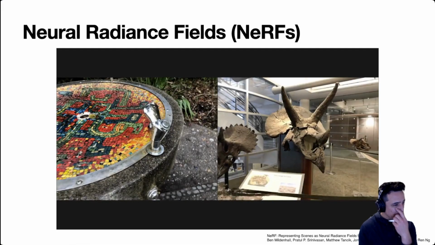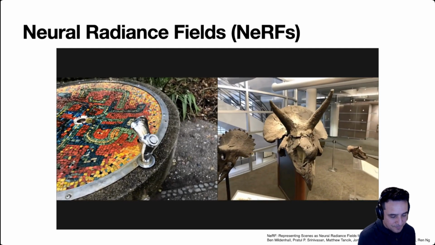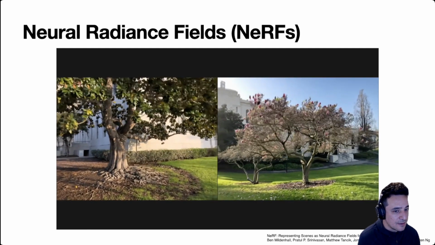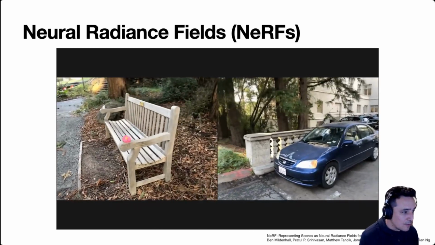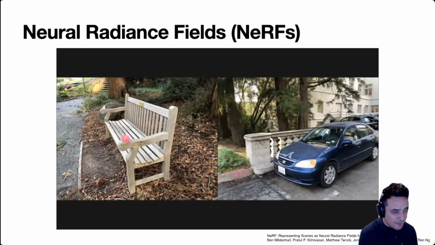So I'm going to shift gears a little bit now and talk about handling scene dynamics. But to start, I want to get into this new area that came around with the NeRF paper, which I don't know if everyone's seen. It's a way to do view synthesis based on a set of observations. And this paper has these amazing, beautiful results. It's really cool. It just inspired a ton of follow-up work.